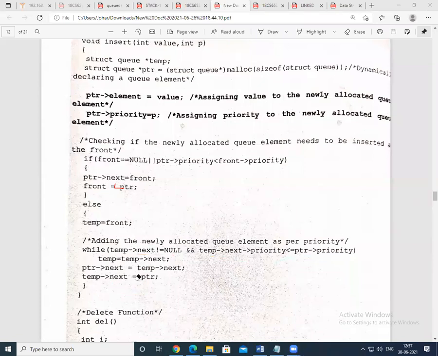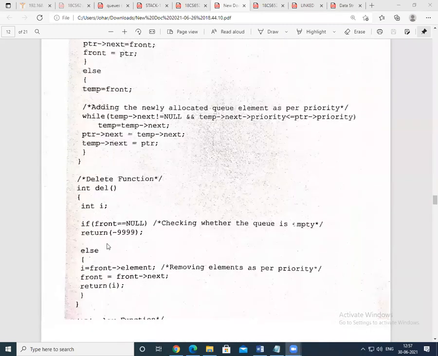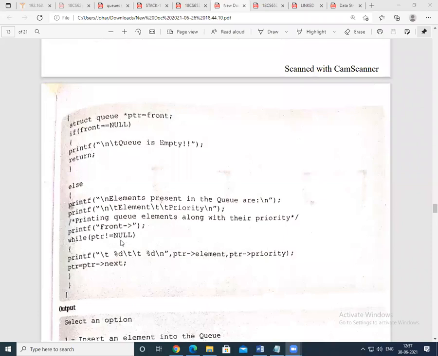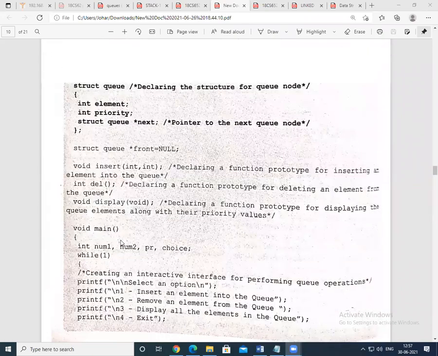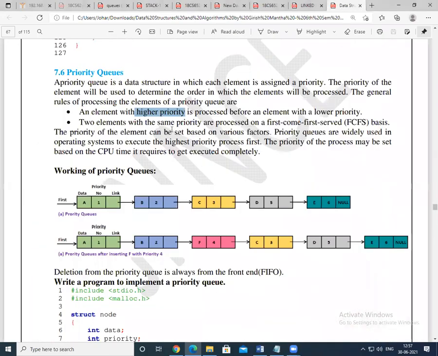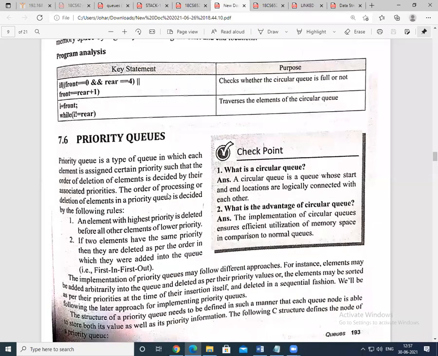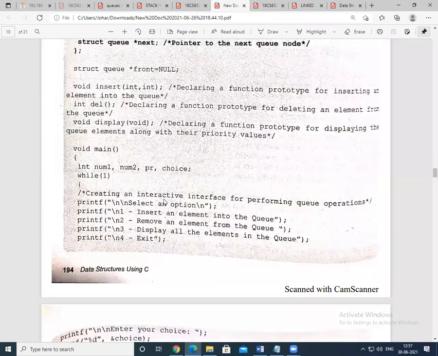Maybe you may not be expected to write a program based on priority queues, but theoretically you might be asked to write one. So ultimately, this much theory is not enough. You may refer to these notes. This is the finalized priority queue after completion. For the concept, I have shown you how the animation works with respect to your program.